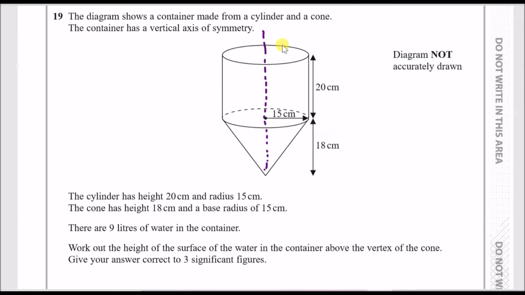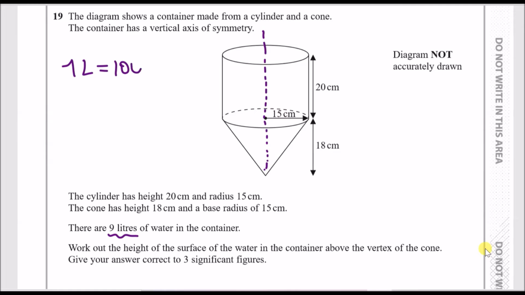Now, looking at the shapes, we've got a cylinder and a cone. The cylinder has a height of 20 and a radius of 15. And the cone has a height of 18 and also a base radius of 15. There are 9 liters of water in the container. Okay, so notice how they use liters here. What this is trying to say is that for every 1 liter, and we need to know this relationship,